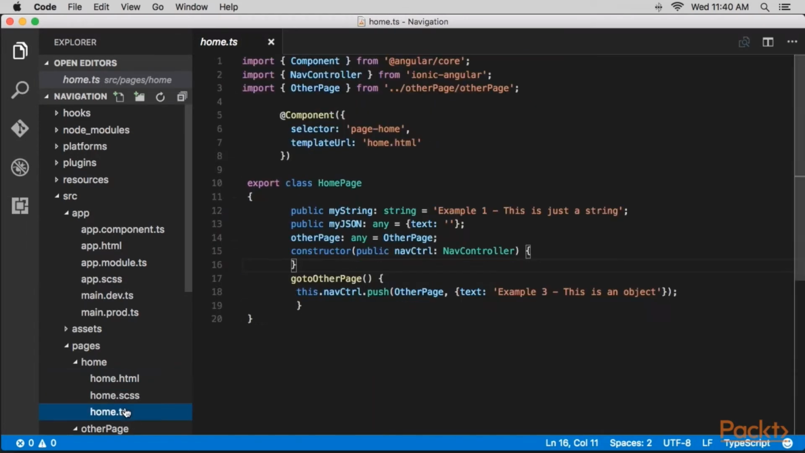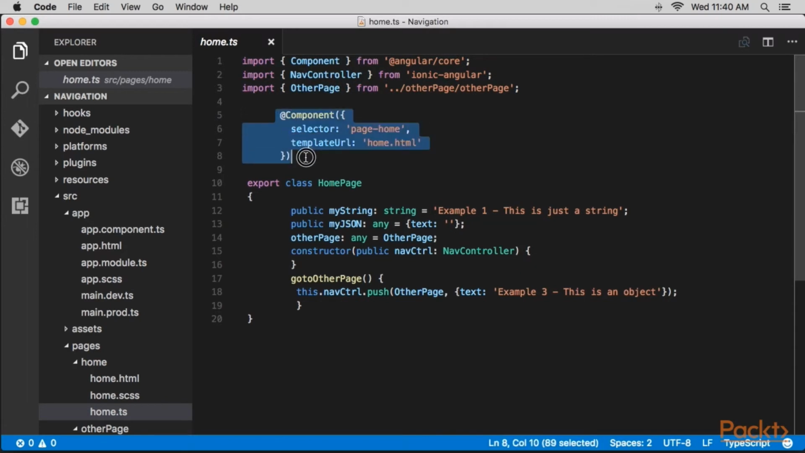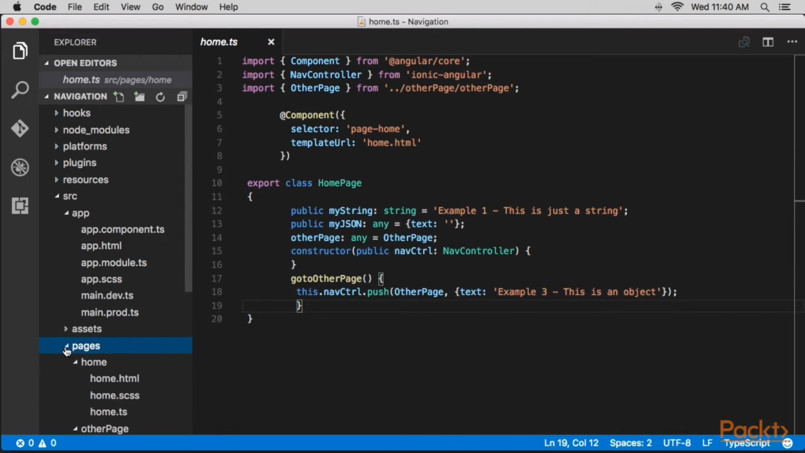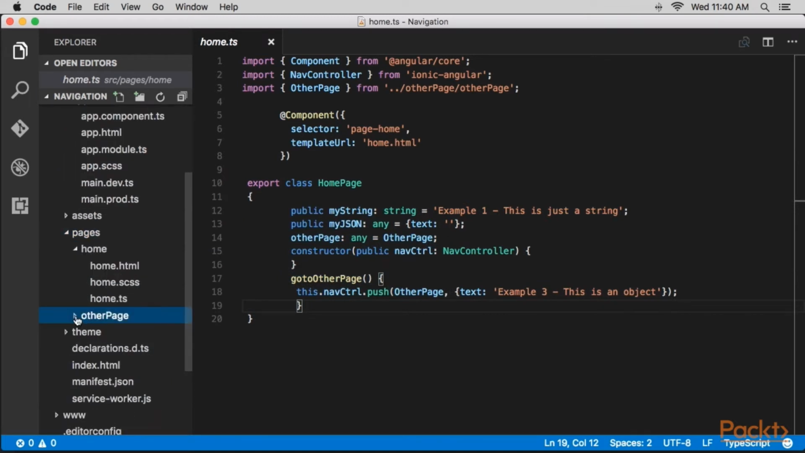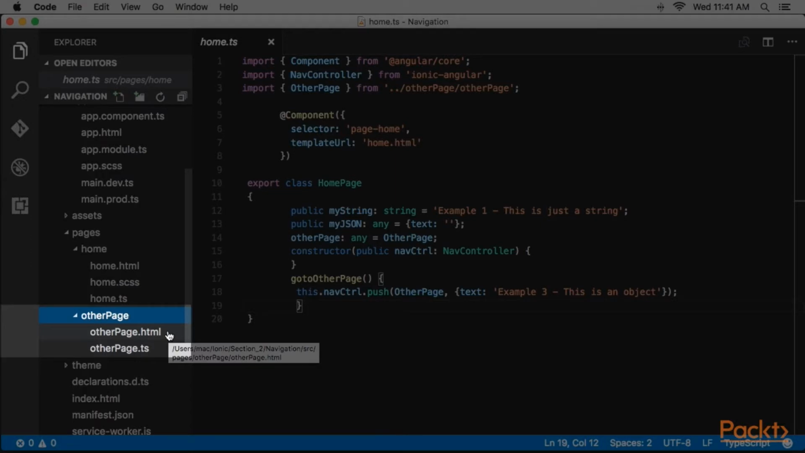Then we'll edit home.ts file. You can see here that we have imported the required classes. We need to declare the component, and in class HomePage we need to add this code. Next we'll create the other page folder in the source, app, pages folder. Now here you can see 2 files in here,